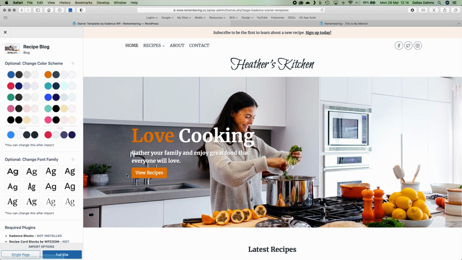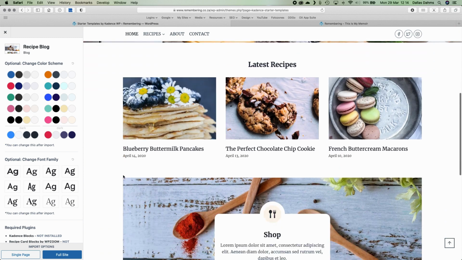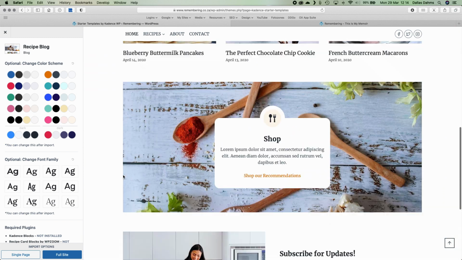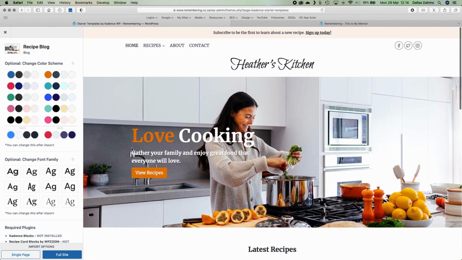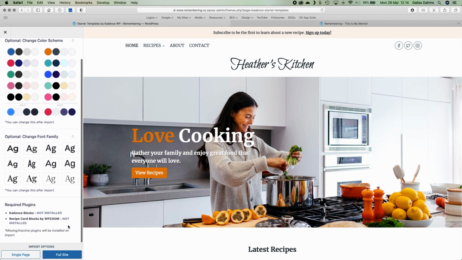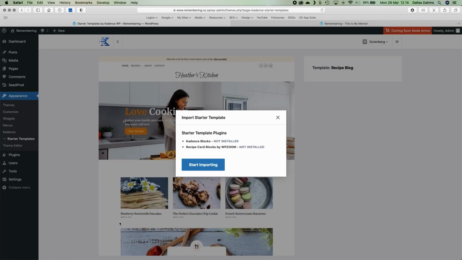So we have the sample of what this website is going to look like. Now I haven't installed anything yet, so what this is going to ask me to do now is to install either a single page or the full website. There are some required plugins that we'll need to install as well, but we'll get to that in just a moment. So right now I'm going to click on the full site